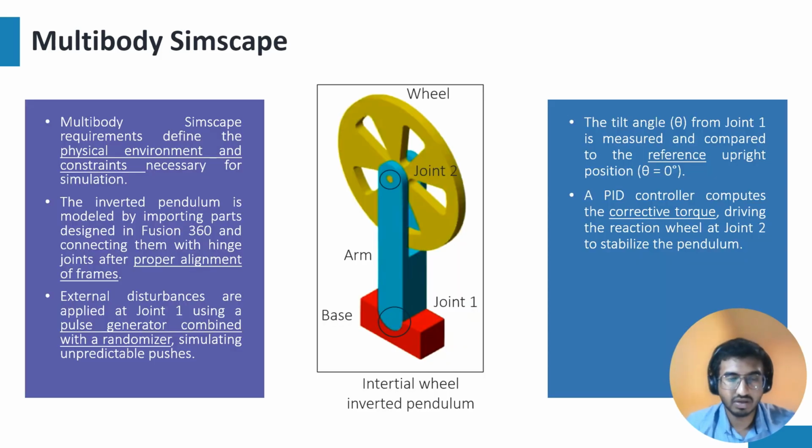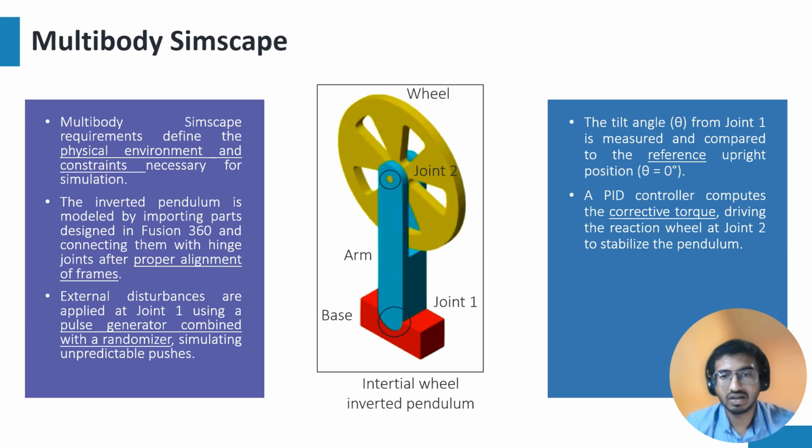Multi-body Simscape. Multi-body Simscape requirements define the physical environments and constraints necessary for simulation. The inverted pendulum is modeled by importing parts designed in Fusion 360 and connecting them with hinge joints after proper alignment of frames. External disturbances are applied at joint 1 using a pulse generator combined with a randomizer, simulating unpredictable